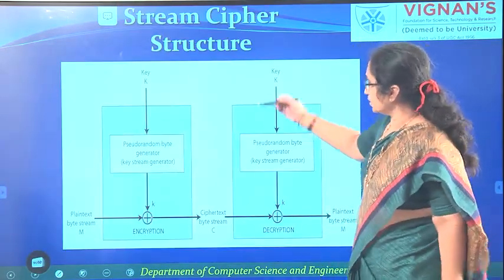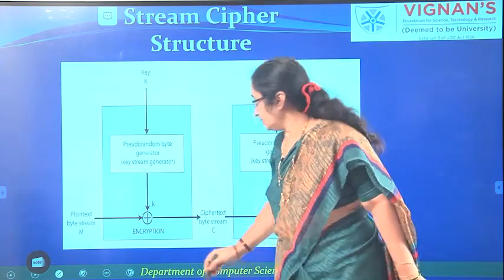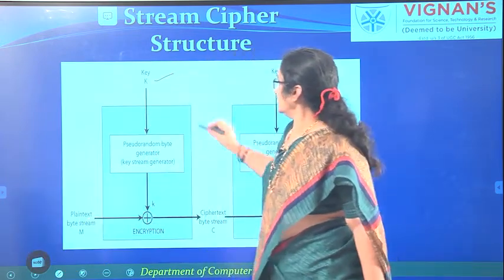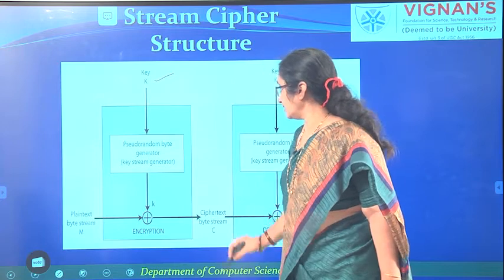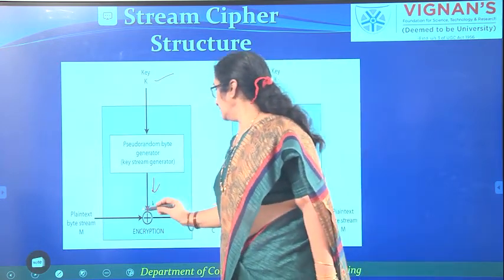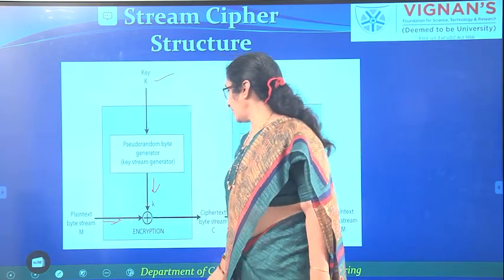So, here you can see the key is input to the pseudo random generator, and this generates a key stream. Here also the data is coming bitwise or bytewise.